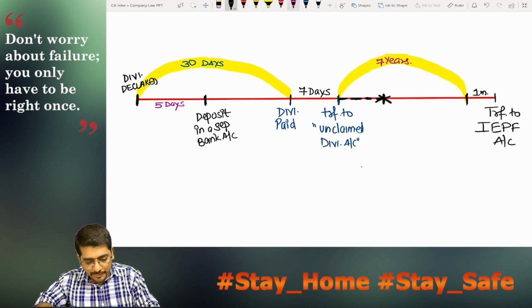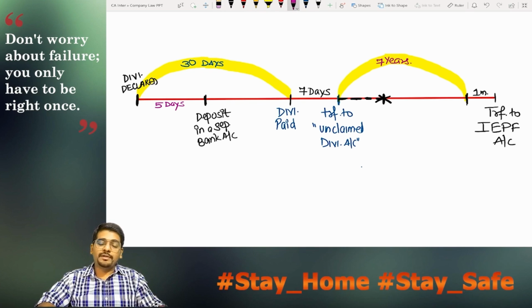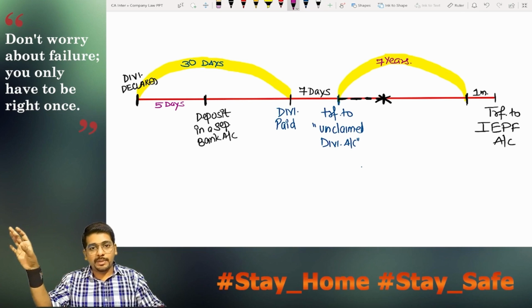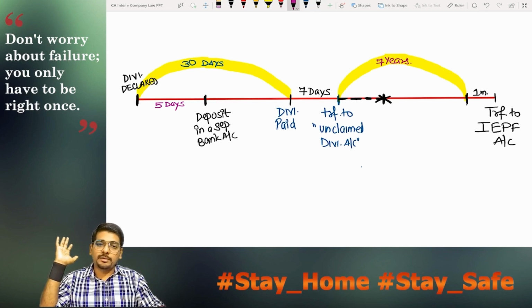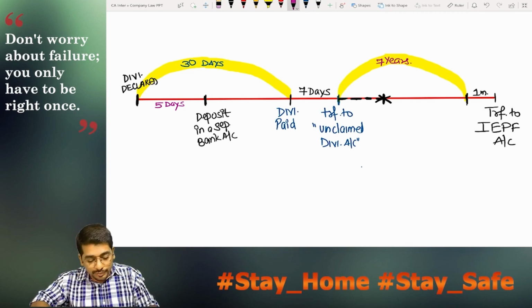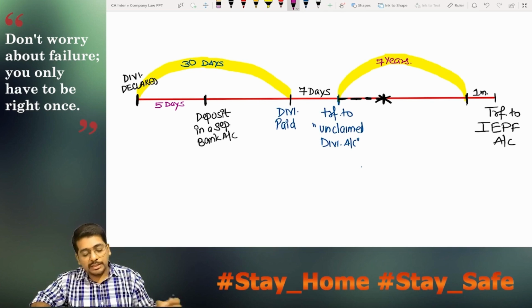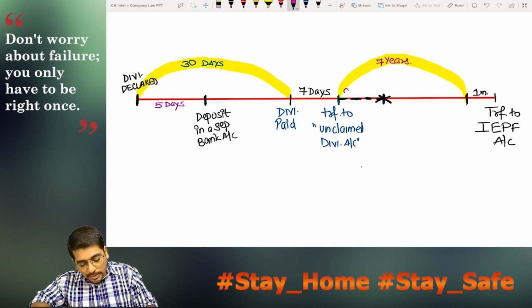What is this? This is after you have transferred the money to the unclaimed dividend account. People should know that if they have not collected the amount of dividend from the company till now, you as a company have kept the money separately in the unclaimed dividend account and it is safe over there for a period of 7 years. They can come at any time and withdraw their money, they can demand their money. So here they are saying after you have transferred to the unclaimed dividend account, within 90 days